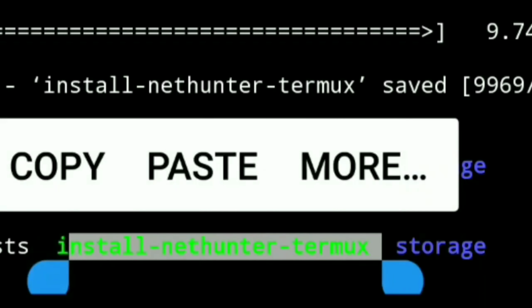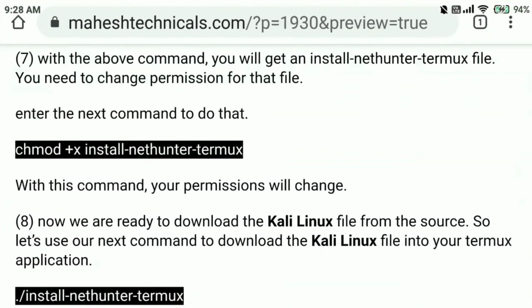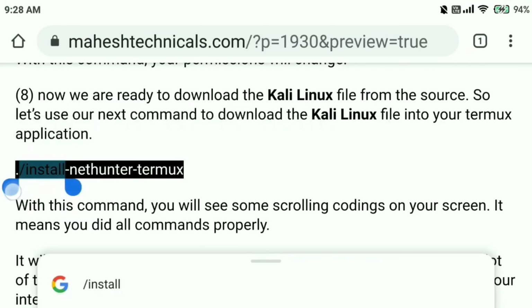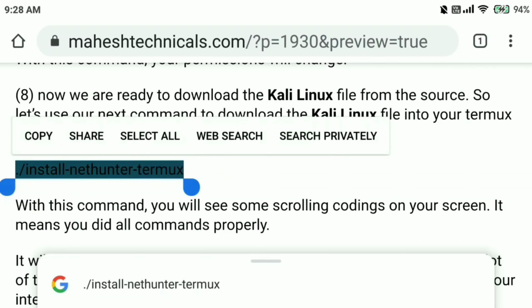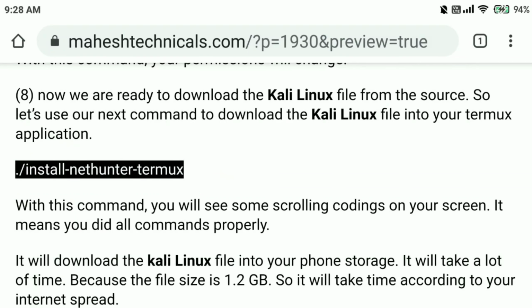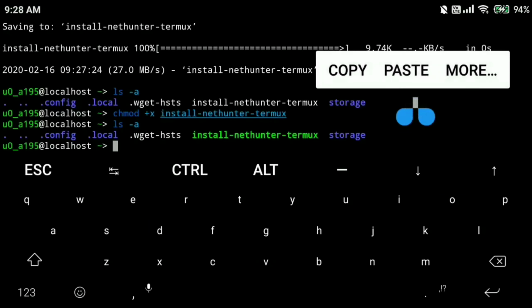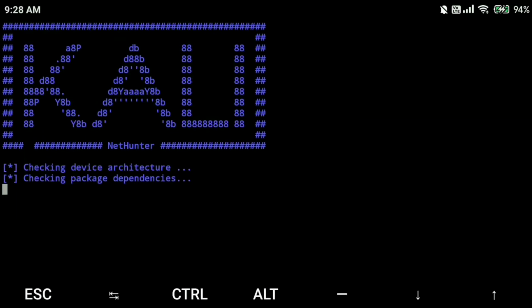Now the last command we are going to put will download the full package of Kali Linux. Copy that command, paste here and enter. It will start downloading the Kali Linux full version package.